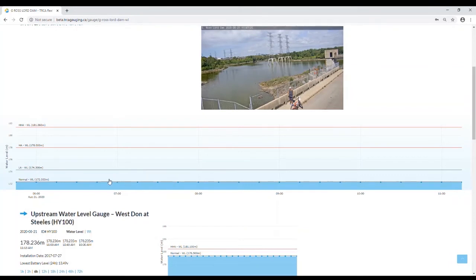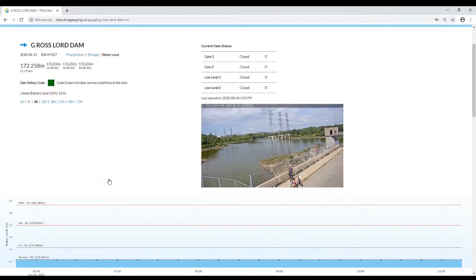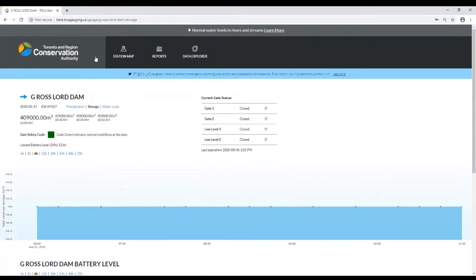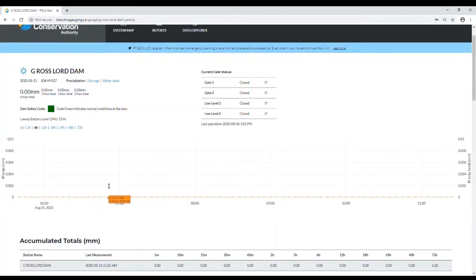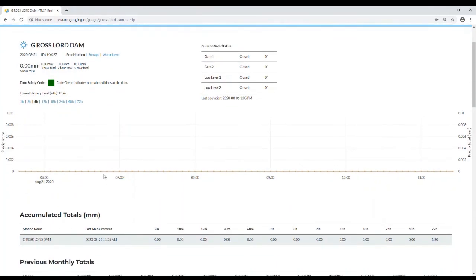Where other parameters are also collected at this type of station, for example, estimated storage as a volume, or precipitation, the main station chart can toggle between these available parameters and display accordingly on the main chart.